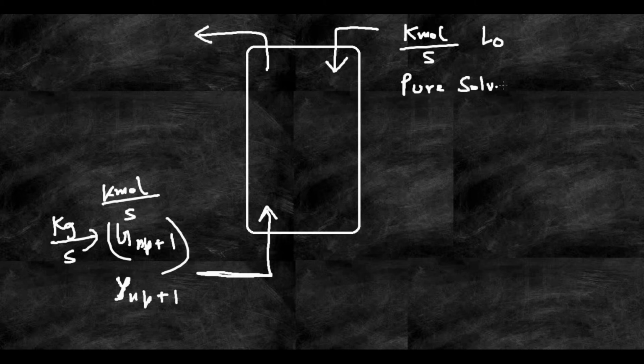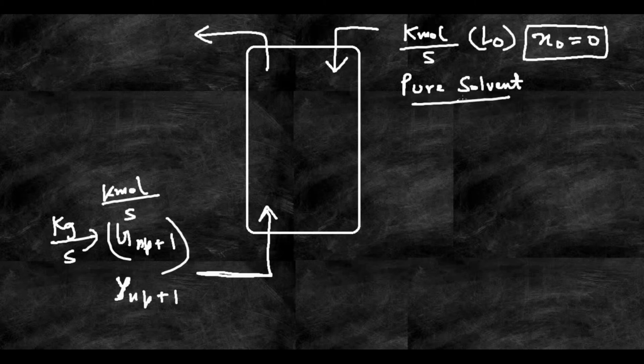So for a pure solvent the mole fraction of ammonia in this solvent will be nothing but 0. Hence I will write small x0 is equal to 0. Small x0 is the mole fraction of ammonia in the solvent which I am supplying from the top. This is equal to 0 because I am considering pure solvent. If the solvent is not pure, then there will be some value of this x0. Now this water will go through the absorber. It will come in contact with the air-ammonia mixture which I am pumping from below, and it will absorb the ammonia from that mixture.